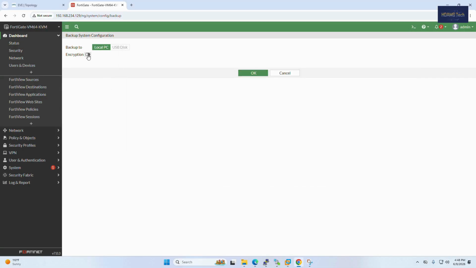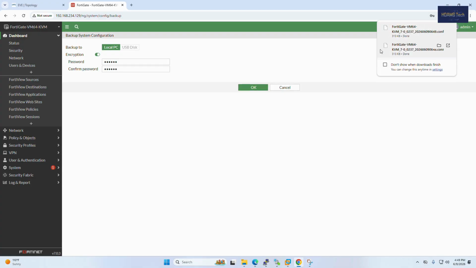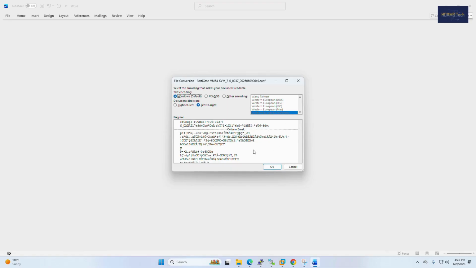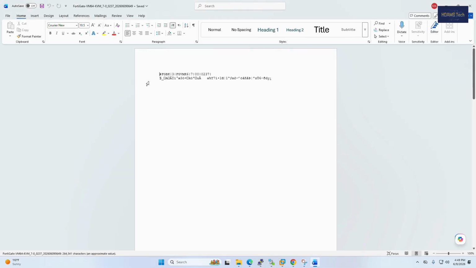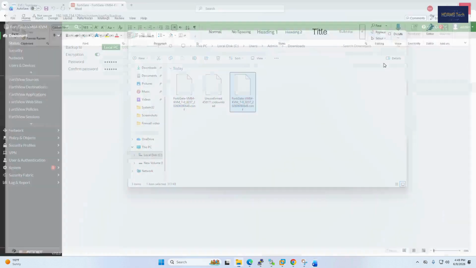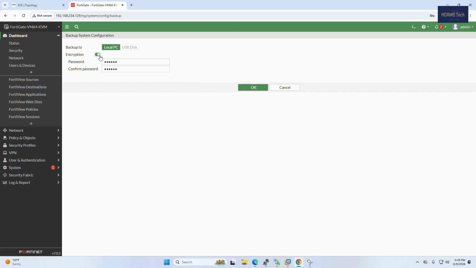If you click here on encryption, give the password, any password, and click OK. Keep. You can see the file. If I open the file, okay, click default. See, you cannot read the file properly. It is completely encrypted. Now